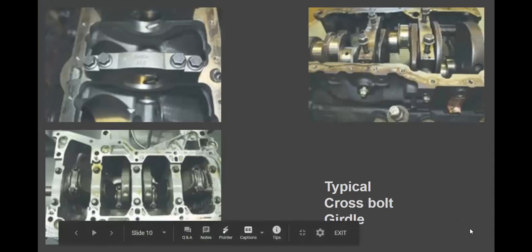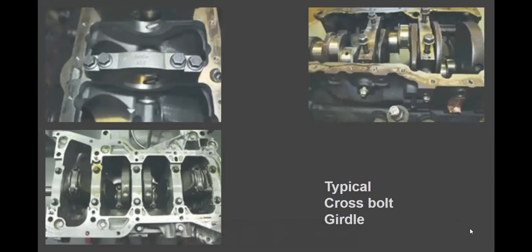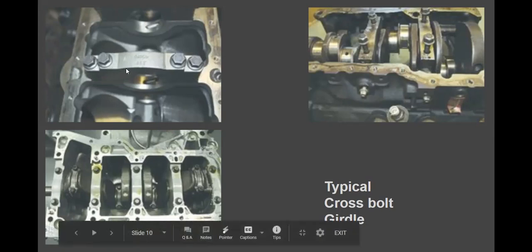All right, so what we're looking at here are the main journals, and the main journals are the part of the engine block that hold the crankshaft in place. So there are a few designs here that we're going to talk about. So you have the typical style journal, which is this guy here on the top left. In the old days,